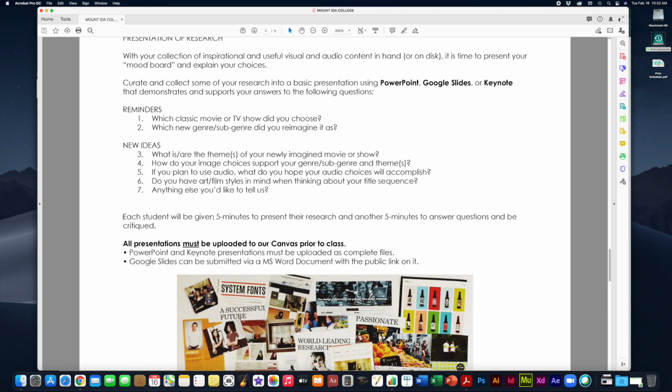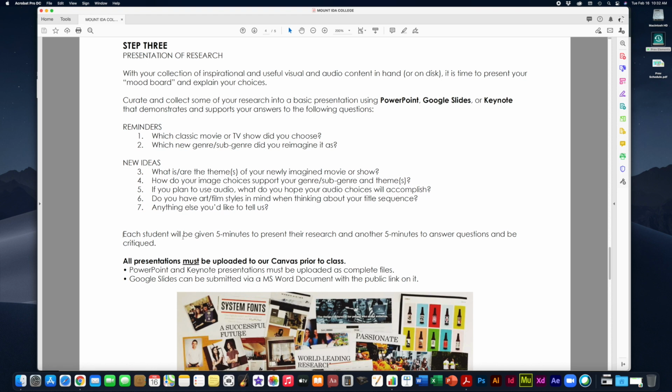So you really want to put a lot of thought into this so that you're very clear on what your ideas are and try to articulate them as clearly as possible, okay? Now, obviously, we won't be doing that until after everybody turns in this step, so we're not doing it this week, obviously. So check the due dates, you'll see when it's due, and then that following Wednesday, you guys will